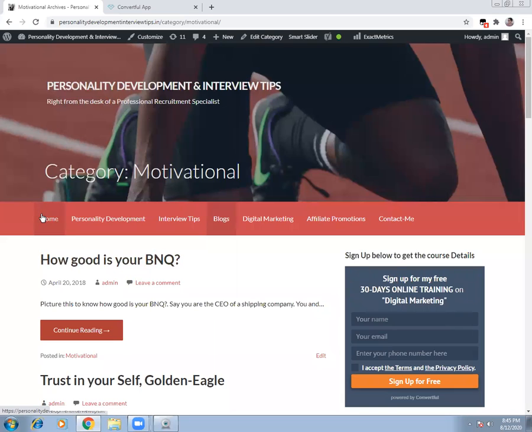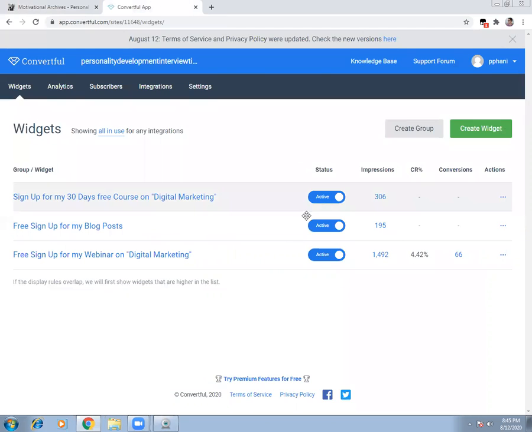So most of them are getting connected in the home page, personality development page, digital marketing page, interview tips page, as we have done an analysis. But nobody is actually coming here and trying to do it. So ideally over a period of time, I'm going to deactivate both of them because these two are not really helping me. And probably I want to modify this form stating that ask for your free 30-day digital marketing course. Please sign up below. Now let us see how to edit or modify these posts.